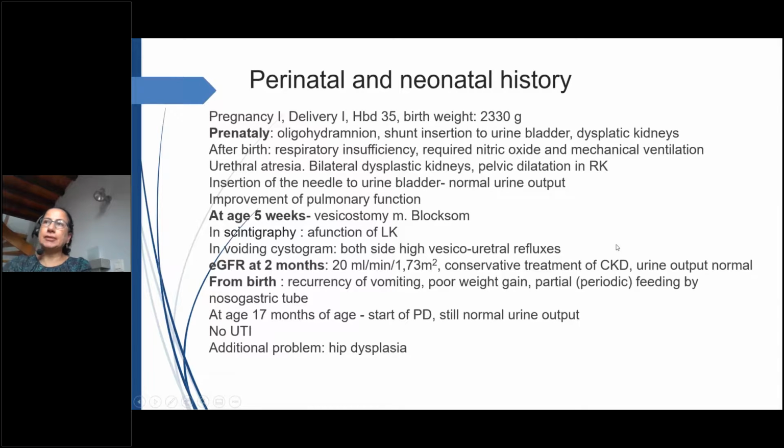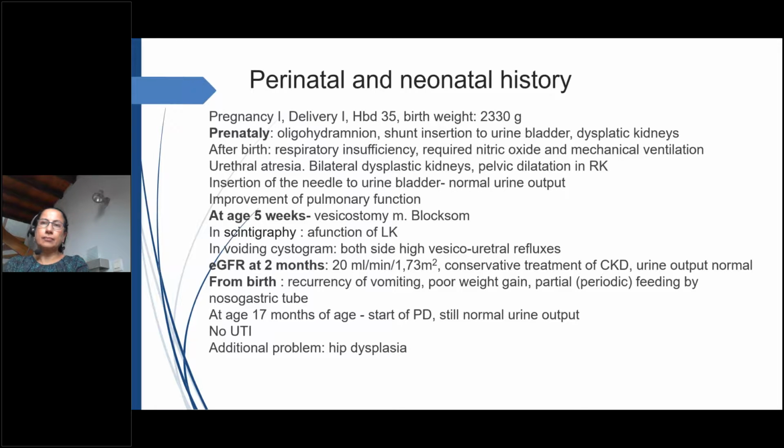Okay. So his perinatal and neonatal history. He is the first child of healthy parents. He was born as a small premature, which you see the birth weight, and prenatally he was diagnosed to have oligohydramnios, and also there was some prenatal intervention with shunt insertion into the urine bladder because dysplastic kidneys, both sides,